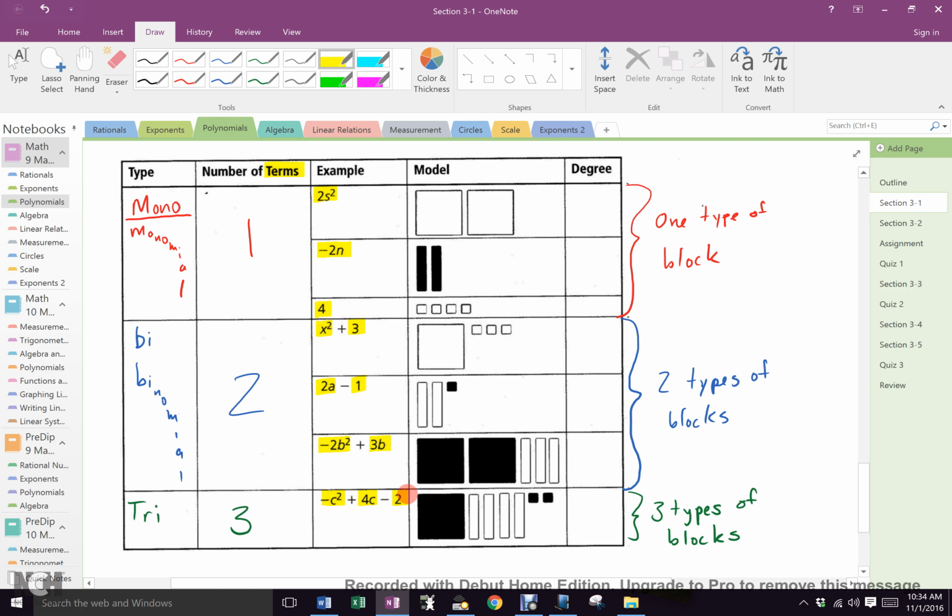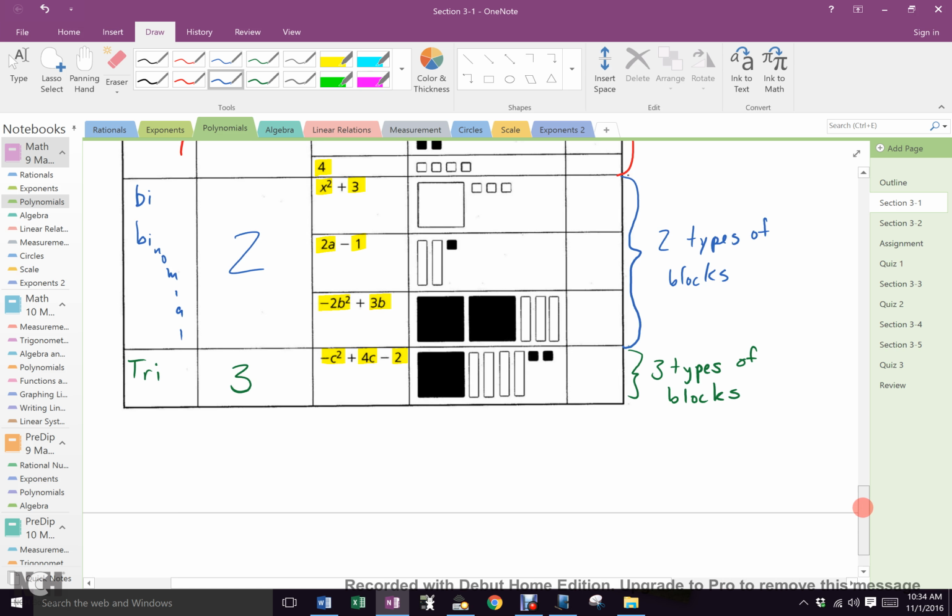Everybody cool with that? Each type of block is a term, yes? Well, what do you notice in this line? What is it that makes it so we need to do a second type of block? What is different here in the binomial section, the trinomial section, from the monomial section? Dale: There's a second digit and there's plus or minus. Okay? So at the bottom of your sheet where you should have a little bit of room, a term